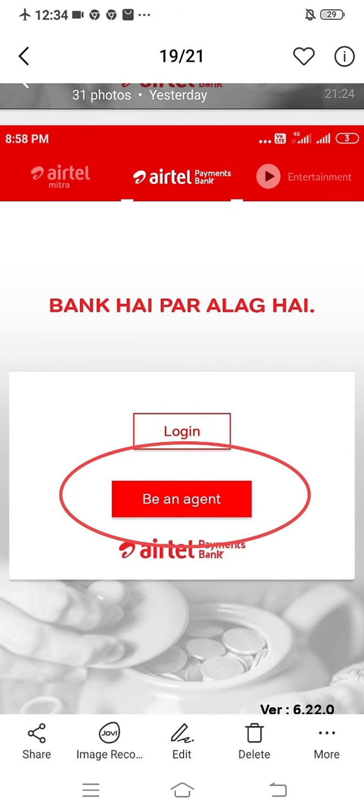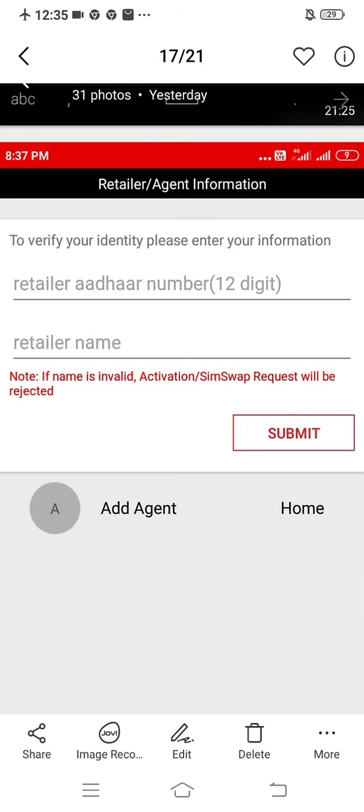On the left hand side of the tab you will find Airtel Mitra, in the middle Airtel Payment Bank, and on the right hand side entertainment. Select Airtel Payment Bank, and then at the bottom select be an agent. By selecting be an agent, this is how the screen appears.